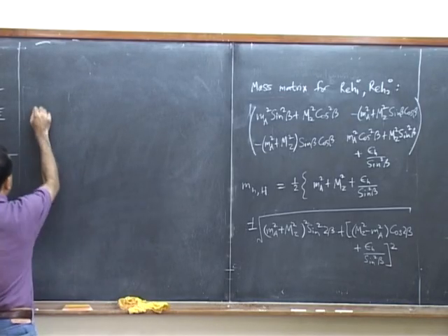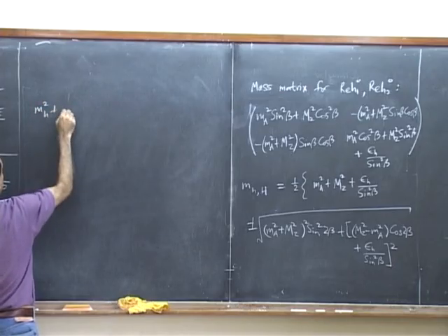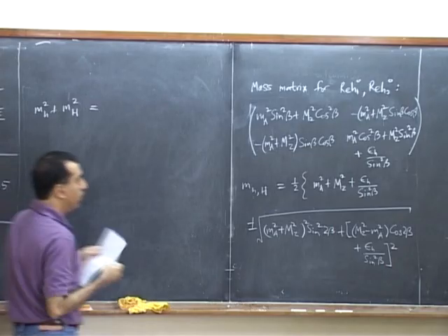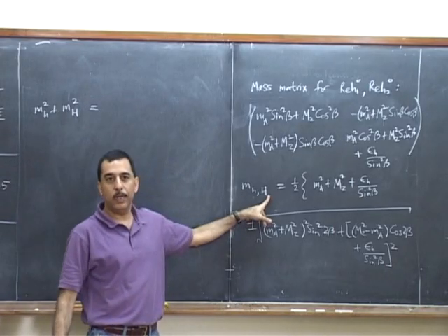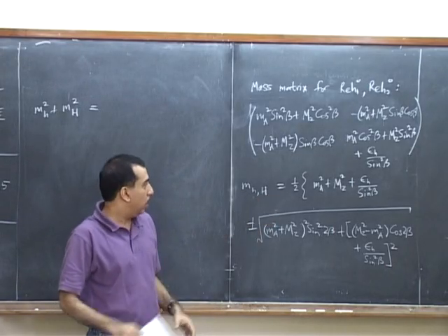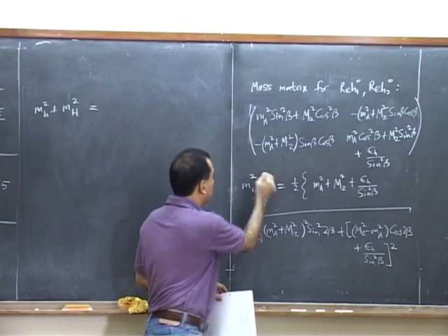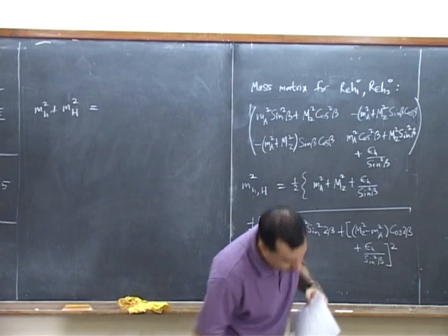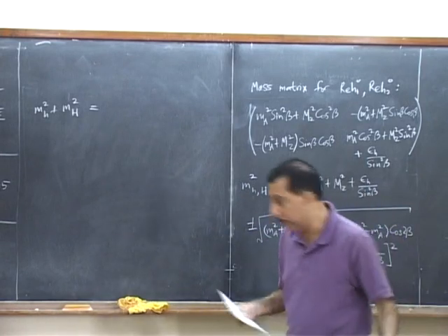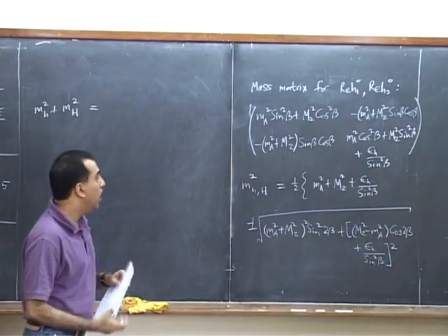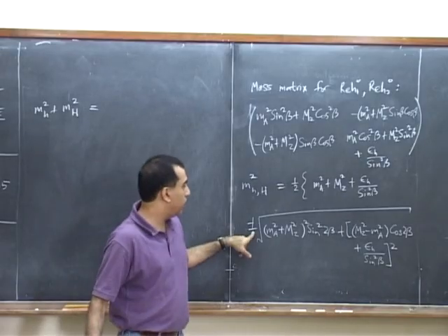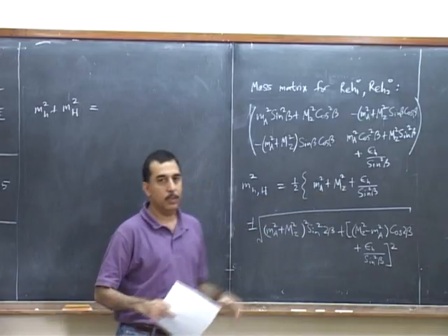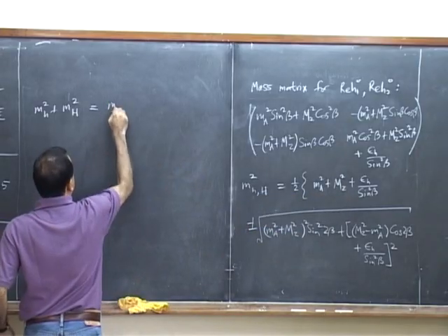And the other important one which you can read off immediately from here is that there was some rule for the masses of these two Higgses, square and add it. Okay. First of all, this I think is squared on the left now. That's pretty obvious. So if I add these two, I just drop this square root, and I also drop the half, and that's the answer. So this